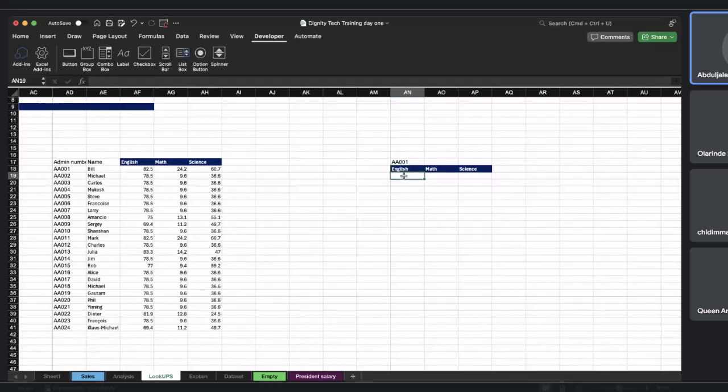You now want to check the English score of matric number AA022. Now that's where XLOOKUP or VLOOKUP comes in. Equals to